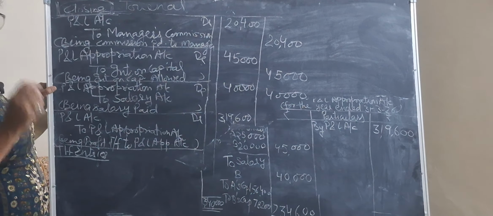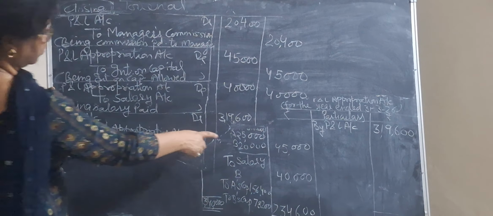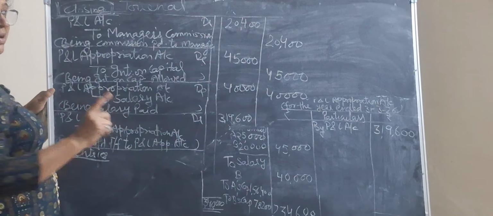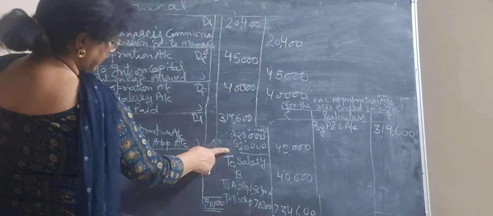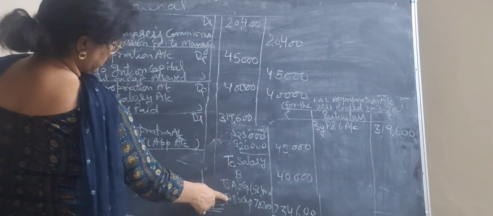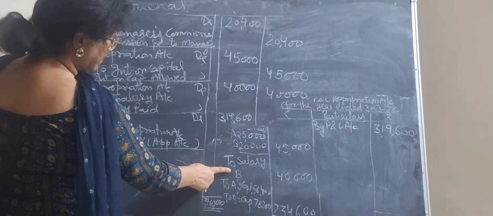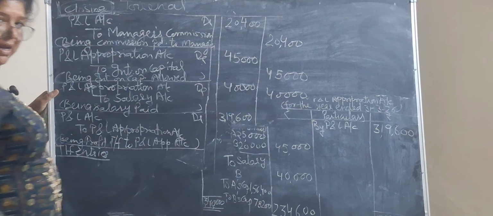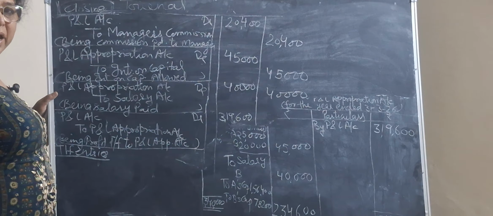Transfer entries are being passed through the loan account or the capital account of the partners. So what is there going to the capital account? Whatever is being given to them. Partners को क्या क्या मिला? Salary मिली, interest मिला और profit मिला, right? Interest on capital मिला partners को, salary मिली और partners को profit मिला. तो तीनों उनके कैपिटल में ट्रांसफर हो जाएगा।